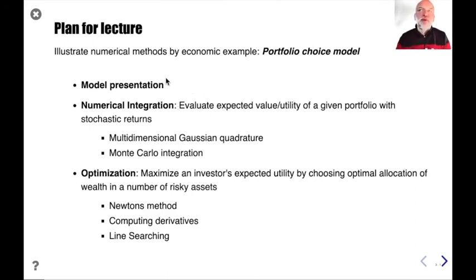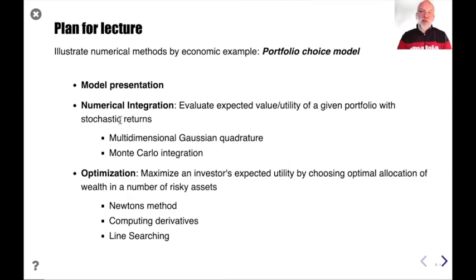So here, just briefly, the agent decision maker is choosing between a number of different assets that have uncertain returns, and then he needs to figure out how much he wants to put in each of the different assets. He's doing that to maximize the expected utility, and so in order to calculate the objective function that we are maximizing, we need to calculate the expected utility. That's where we need